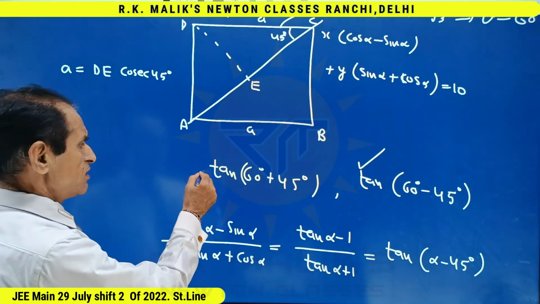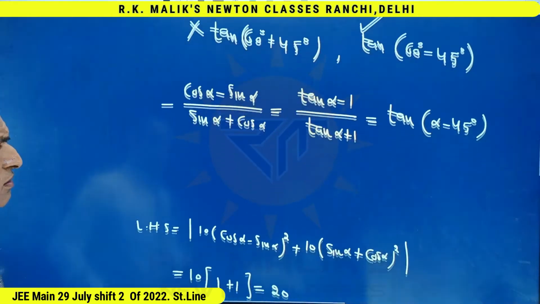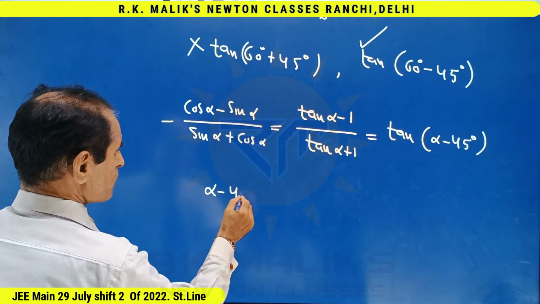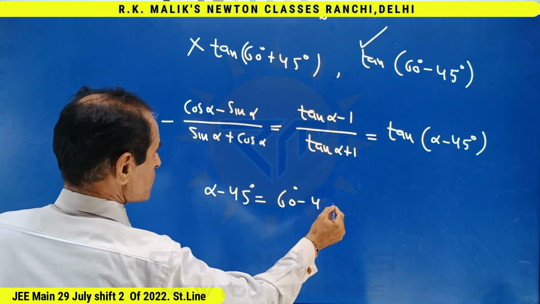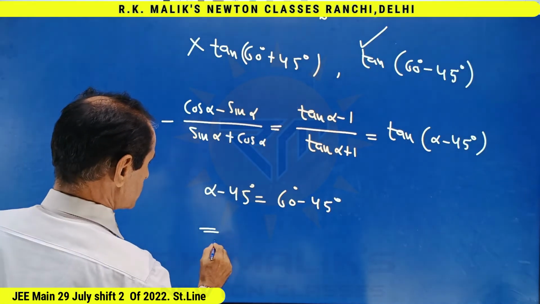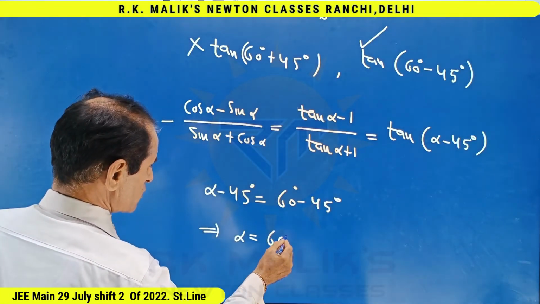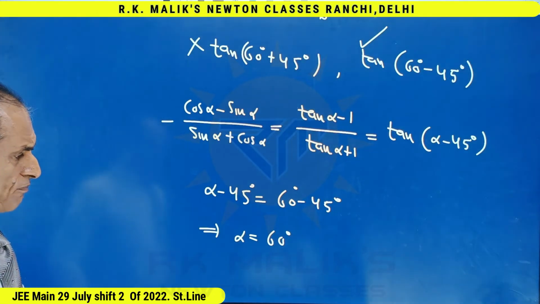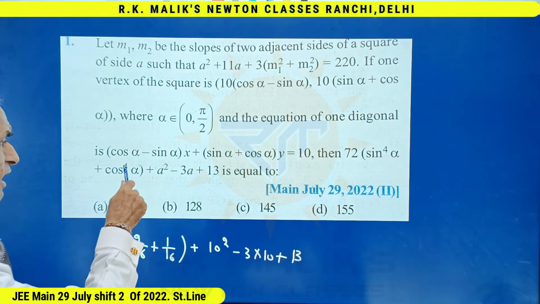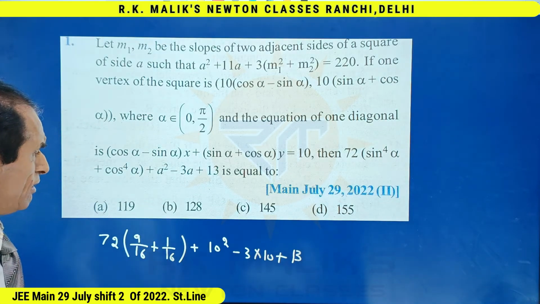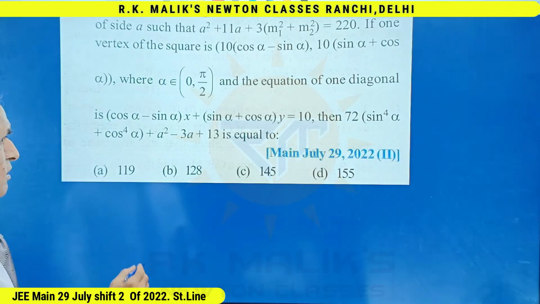Hence, rejecting this case, I get alpha minus 45 is equal to 60 degree minus 45, that is alpha is equal to 60 degree. And in this expression, putting alpha equal to 60 and A equal to 10, I will get the answer. See,